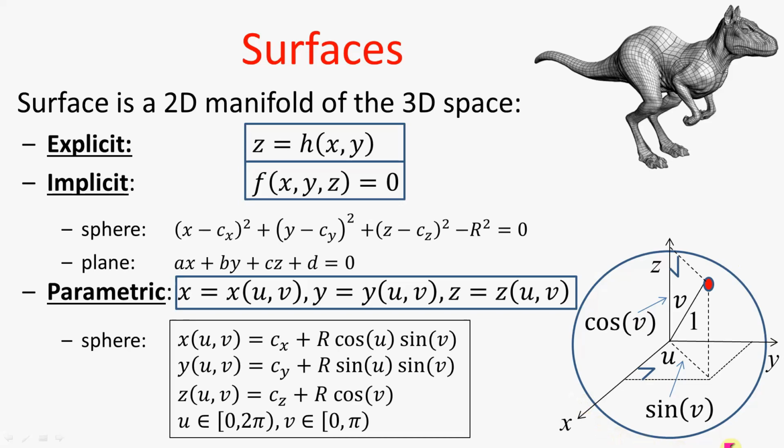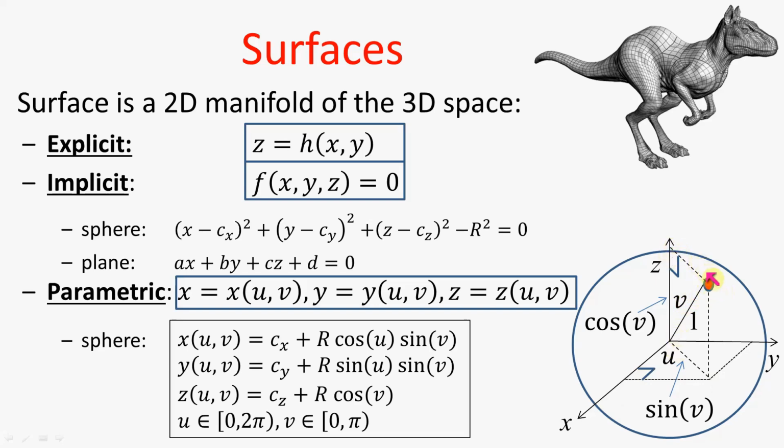If we want to express an origin-centered unit radius sphere, then a point on this sphere can be unambiguously defined by two angles, angle v, which is in between the north direction and the direction of the point, and another angle u, which is in between the projection of the direction of the point onto the xy plane and x axis. Knowing these two angles, we can express the Cartesian coordinates of the point on the sphere,